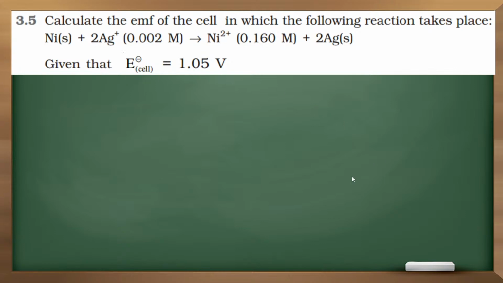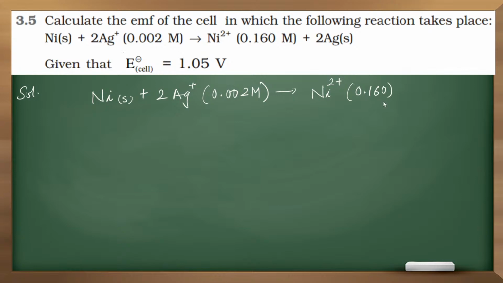So first of all, we will write the cell reaction: Ni solid plus 2 Ag plus 0.02 molar to give Ni2 plus 0.160 molar plus 2 Ag solid. So according to the Nernst equation,